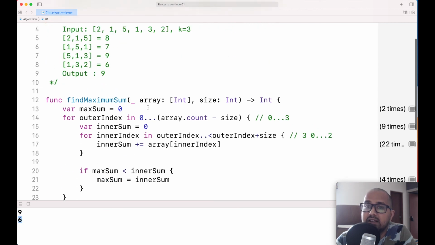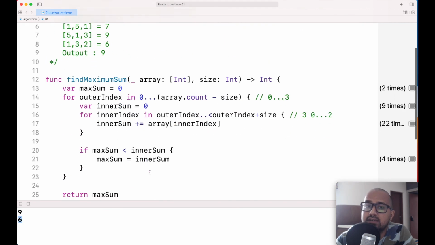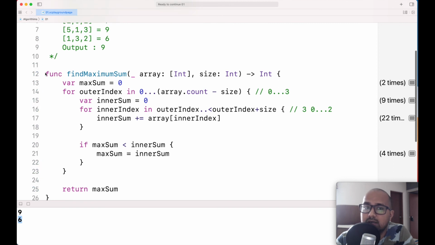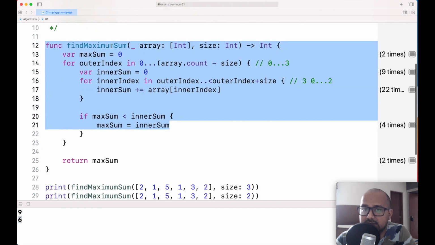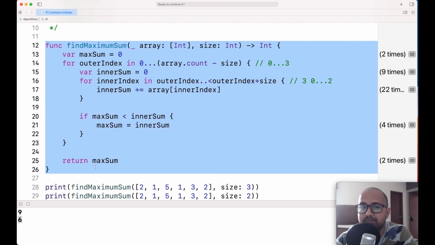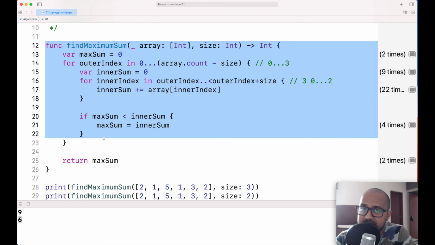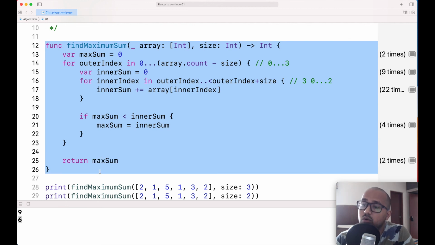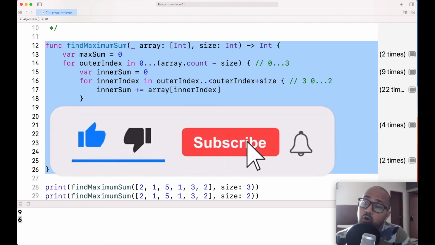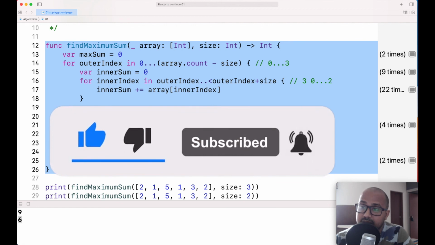Okay. Now we will work on a better version of this algorithm. We'll solve the same problem, we'll talk about the time complexity our algorithm is taking, and then we'll go to the next problem and talk about the time complexity that algorithm is taking. Okay.